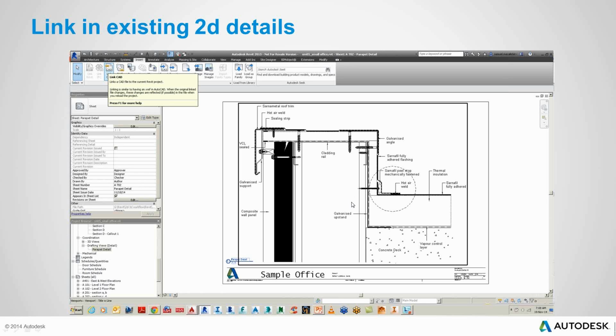So what we have here is a flashing detail for my parapet. I'm not going to be doing all of that detail in Revit. I could if I really wanted to, but I don't need to. I just want to have this as a detail for the roofer who's going to be doing this. I can link that in via that CAD link,